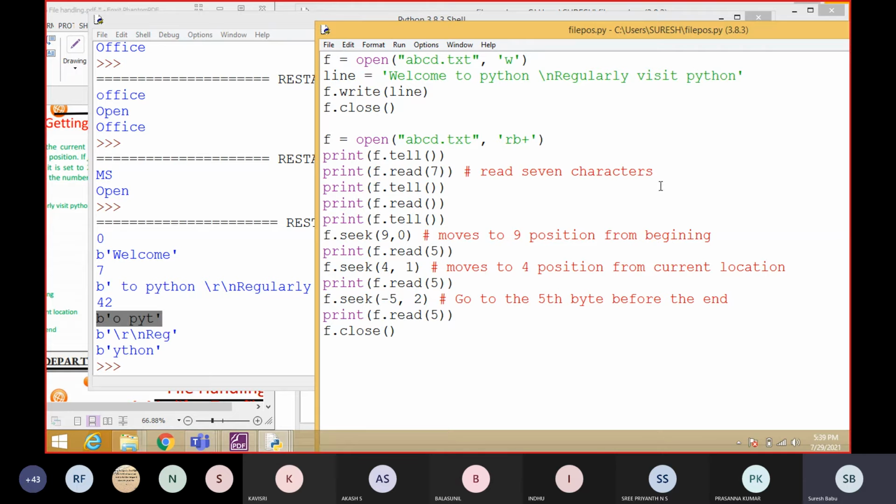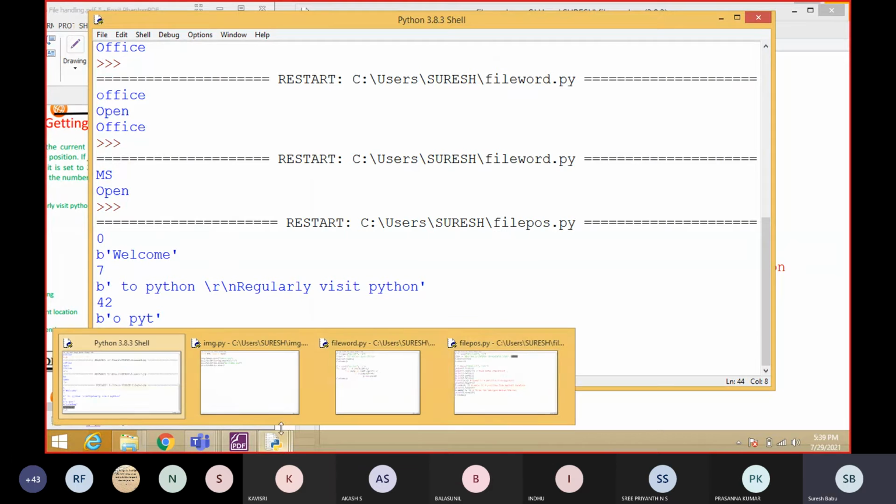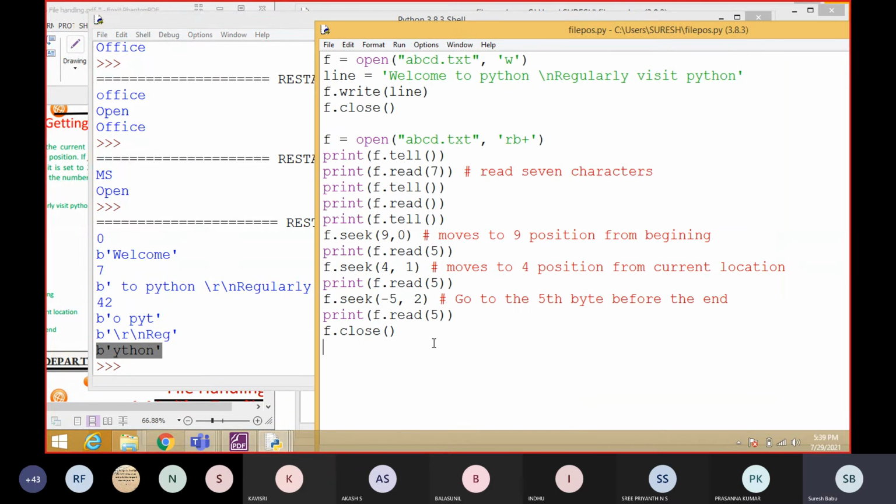Now the position is here. After that they read 5 characters, YTHON, and it's displayed in the output. Understood everyone? The seek and tell functions are used to get the current position and reset the file position.